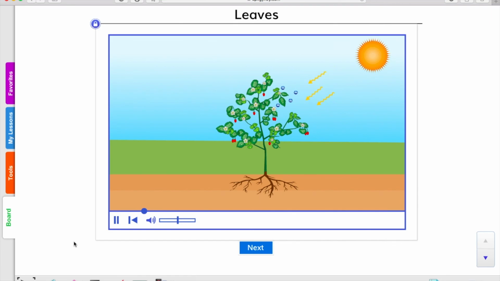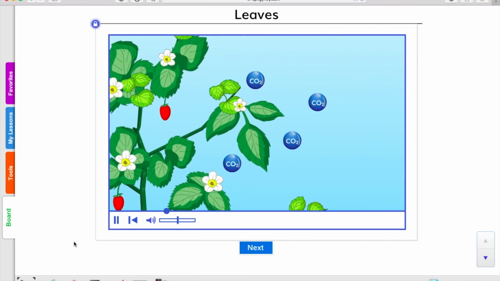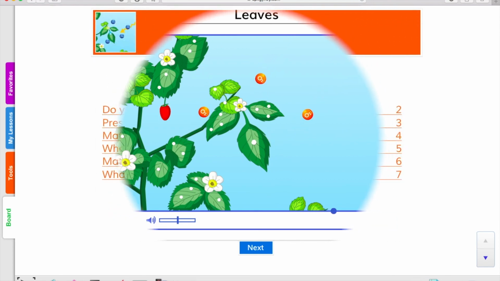Leaves help to create food energy for the plant because they are able to turn water, sunlight, and a part of the air called carbon dioxide into sugar and oxygen. The sugar is used as food for the plant, while the oxygen is released back into the atmosphere through the leaves. Think